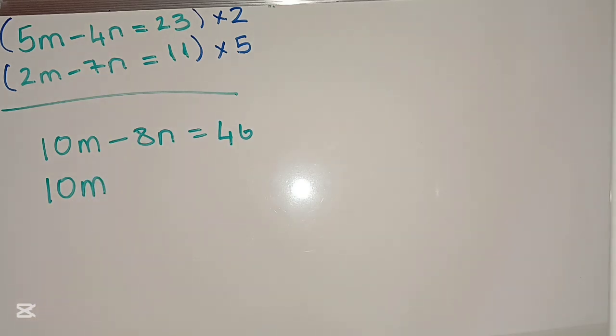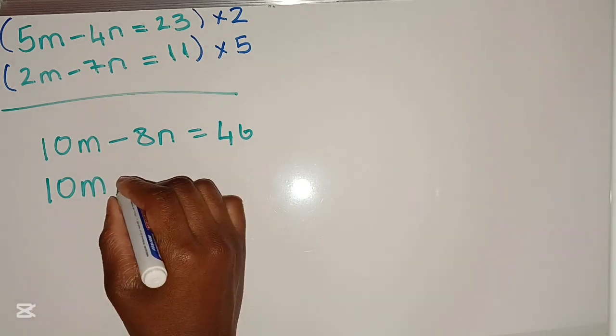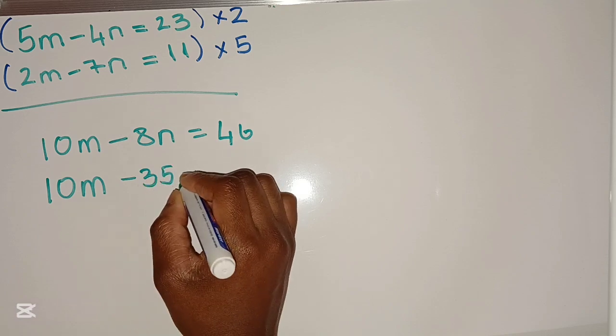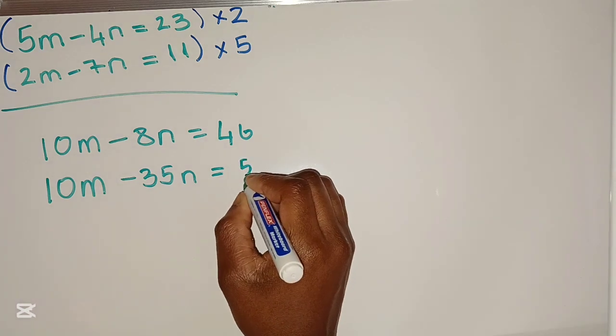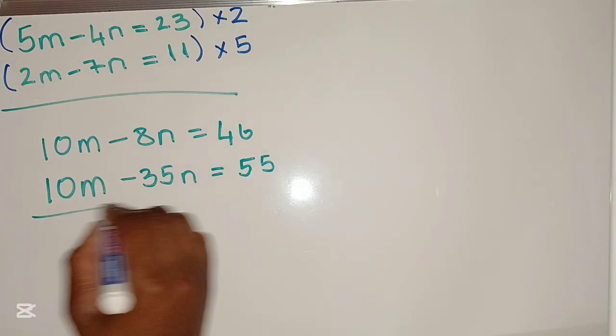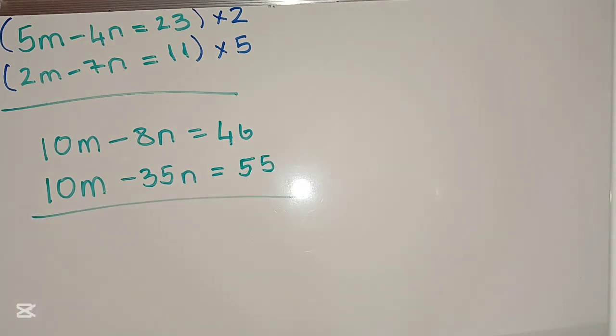Negative 7 times 5, negative 35n. And 11 times 5 is 55. Now that my coefficients are the same, I can eliminate variable m by